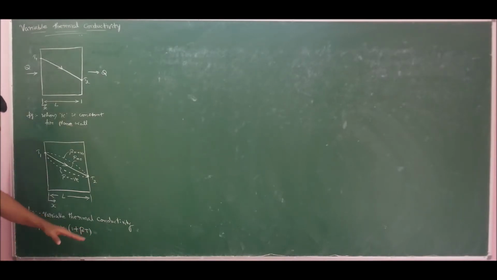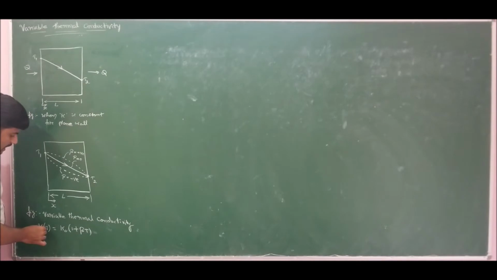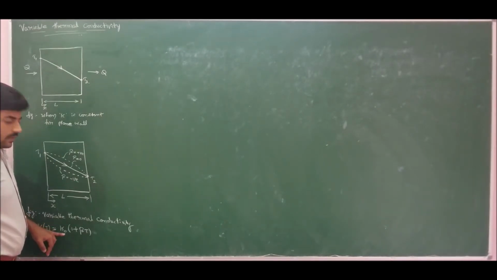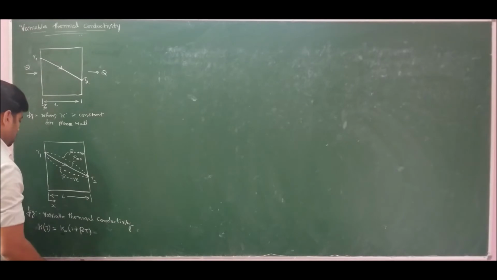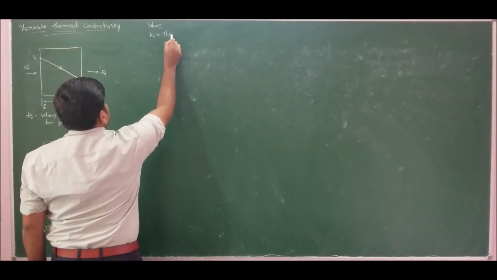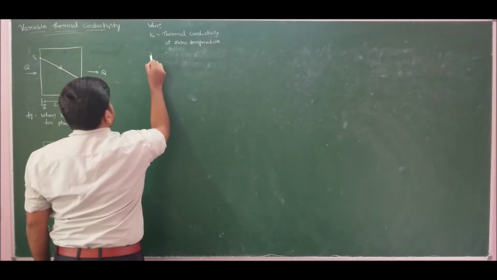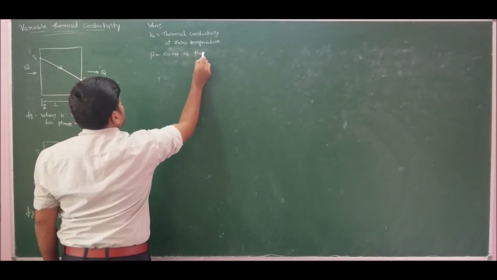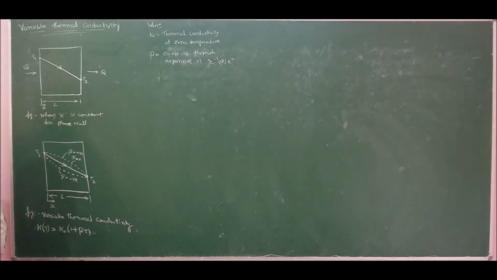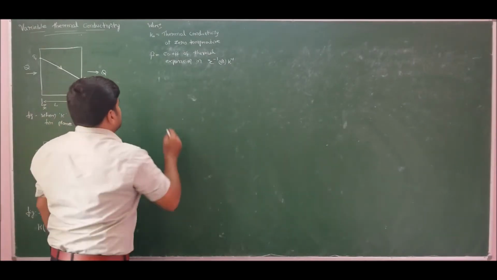So this is the general expression for variable thermal conductivity, where thermal conductivity is a function of temperature, where beta is the coefficient of thermal expansion and K naught is the thermal conductivity at 0 temperature, and beta has units of degree Celsius inverse or Kelvin inverse. Now, we have to derive the expression for temperature distribution